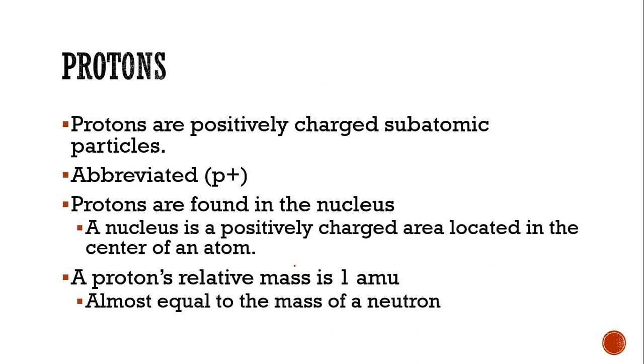So the first one we're going to talk about are protons. If you think of what's a pro, like a pro tip or you're a pro, this gives a positive connotation. So I always think of protons, you're on the plus. So these are positively charged subatomic particles, keyword positively. They are usually abbreviated with a P, meaning protons, and a plus sign, meaning they do have that positive charge.